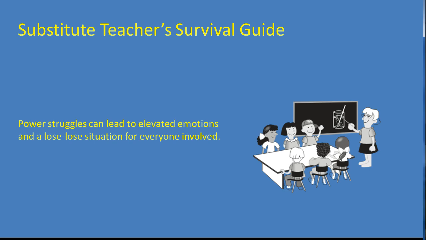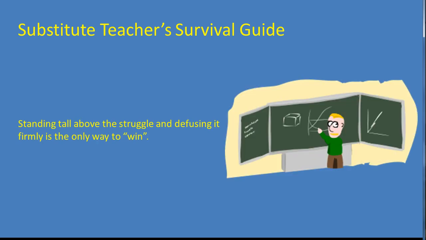If they continue to be disruptive, then you can tell them to leave the room or go to an isolated corner of the room until they are ready to behave. If they refuse these commands, simply walk over to the phone and call the office and tell them that you have a student that has become unmanageable. The principal, counselor, or resource officer will soon be in your room to deal with the student. If this is how you handle the situation, then you have won.